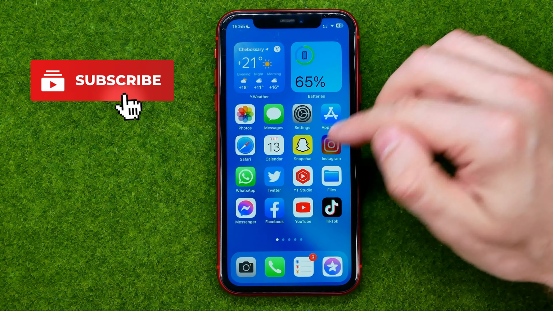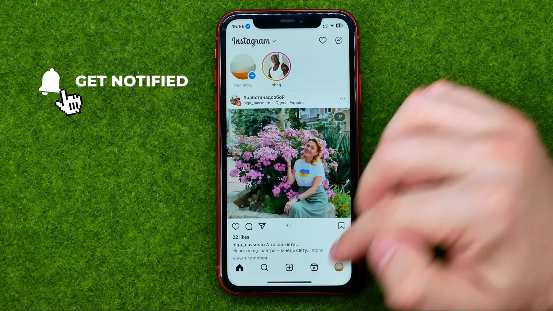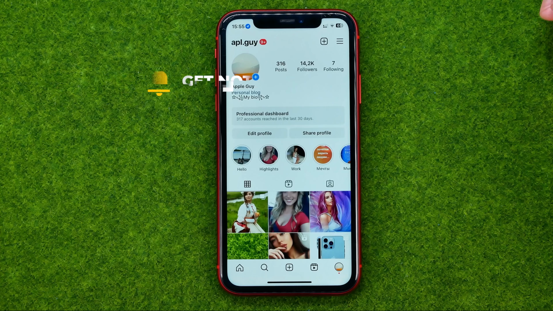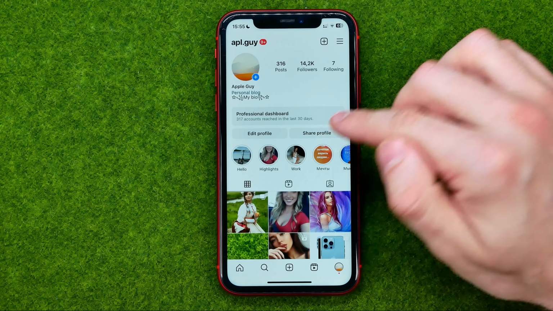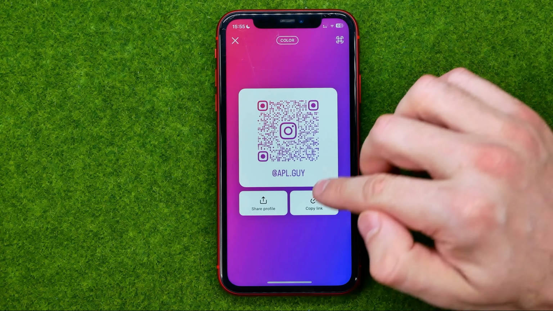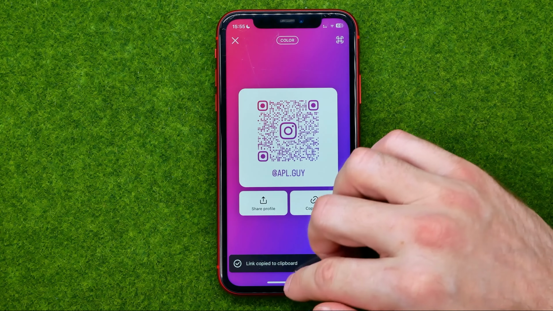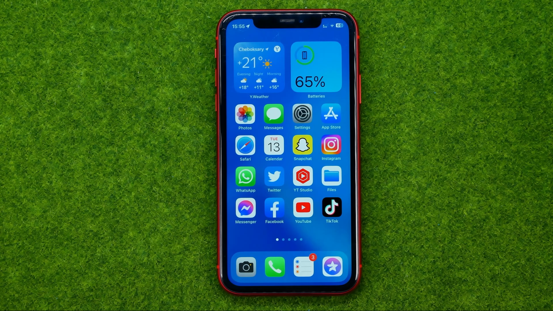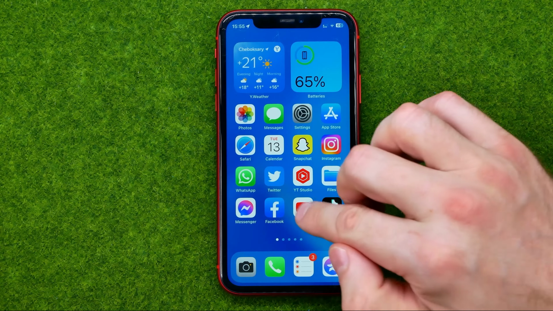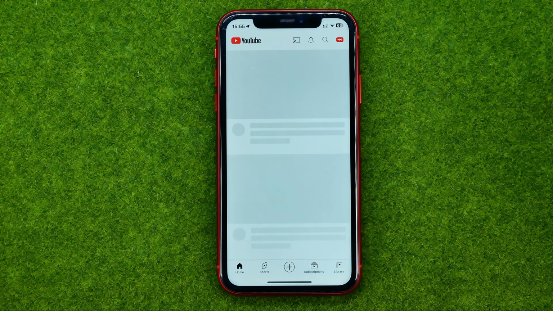So let's get started, and first off we need to copy some link to our clipboard. To do that, I'm gonna use Instagram. Let's say I want to add a clickable link to my Instagram profile to a YouTube video. So I can just copy the link, and once you have copied the link, you can open up the YouTube app,